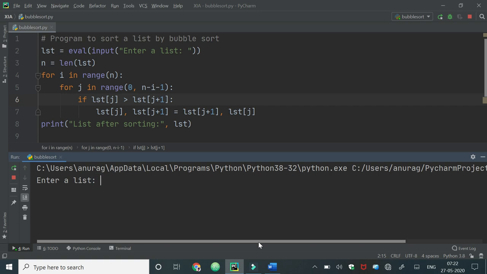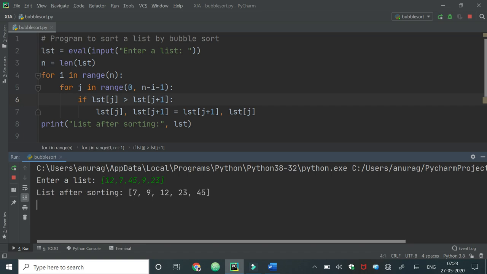Suppose I am going to take one random list here. This list has 5 elements: 12, 7, 45, 9 and 23.